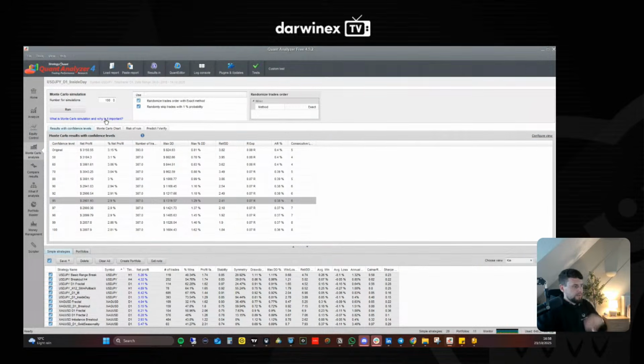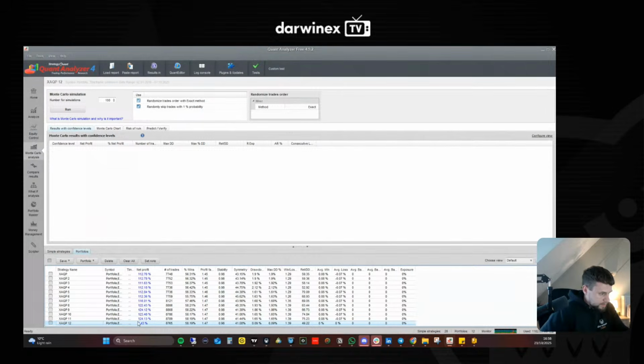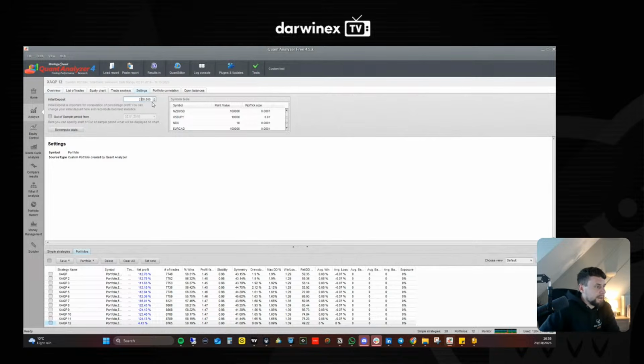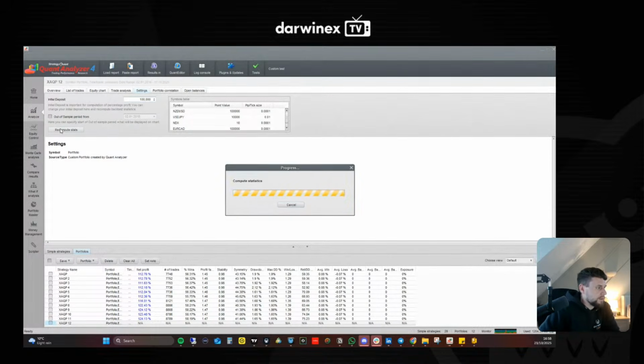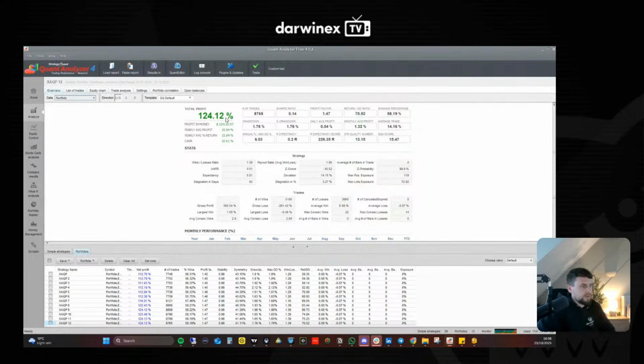So now that I've got my Monte Carlo test done, I'm going to create XAQB again. So we're going to go XAQP12 because I'm making adjustments, adding the spread filters in. And every time I do that, I recalibrate the portfolio and get the updated figures. So we're going to come in here, change the initial balance to 100,000 because that's what I run the portfolio on. And I see 124.12% return.